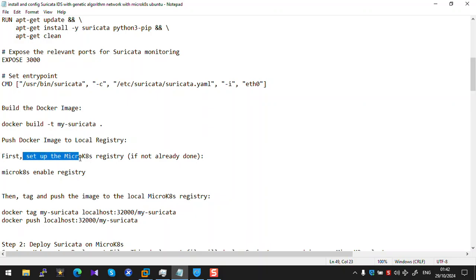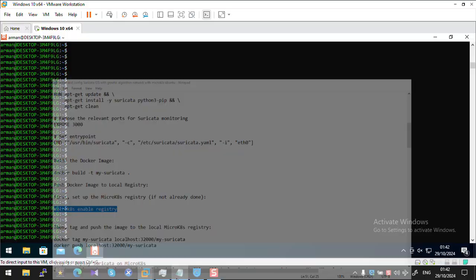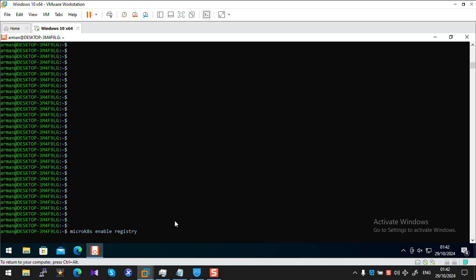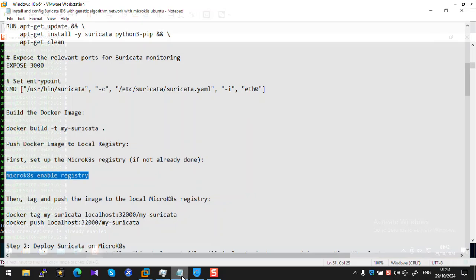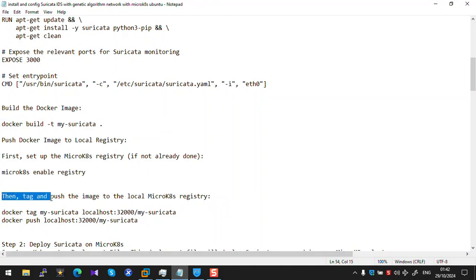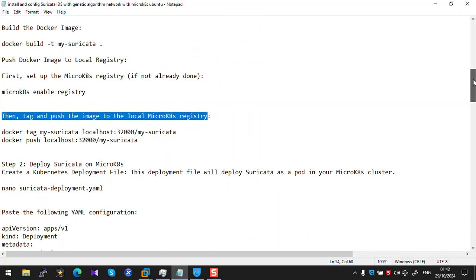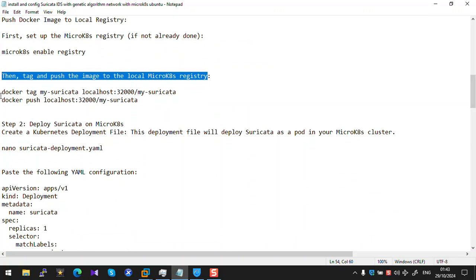to set up the microk8s registry, if not already done, use this command. With this command, enable registry add-ons, wait to finish registry add-ons enable. After enabling registry add-ons, then tag and push the image to the local microk8s registry with these two commands,